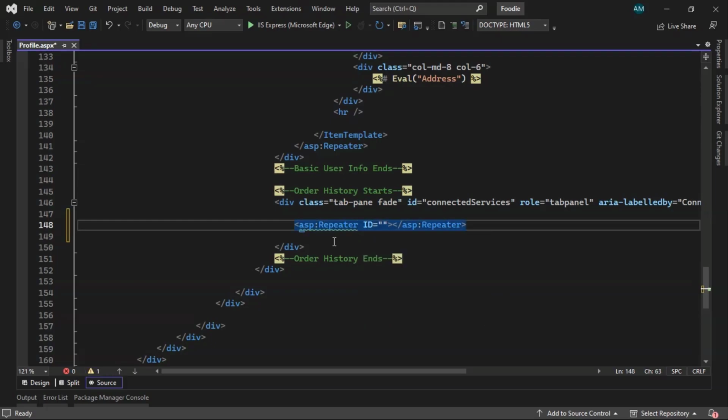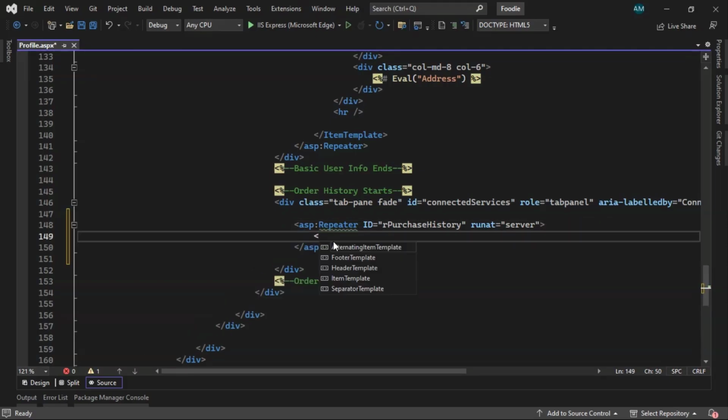ID is equal to repeater R. We are displaying here purchase history data, right? Run it. So okay, in that we need to take item template,